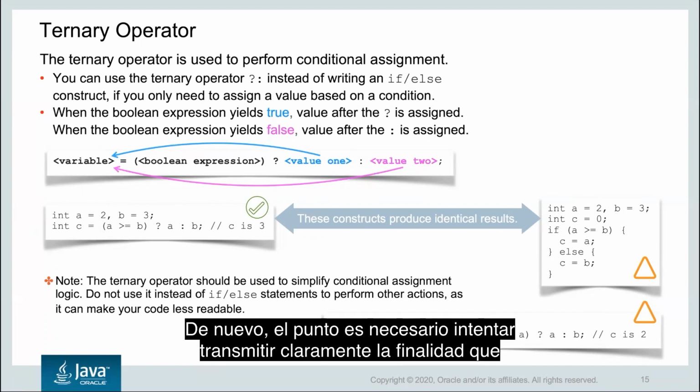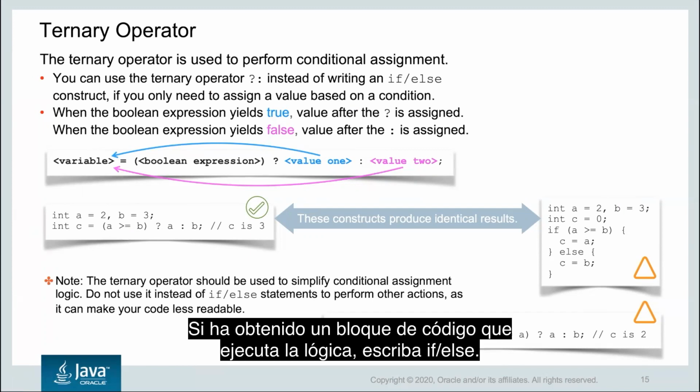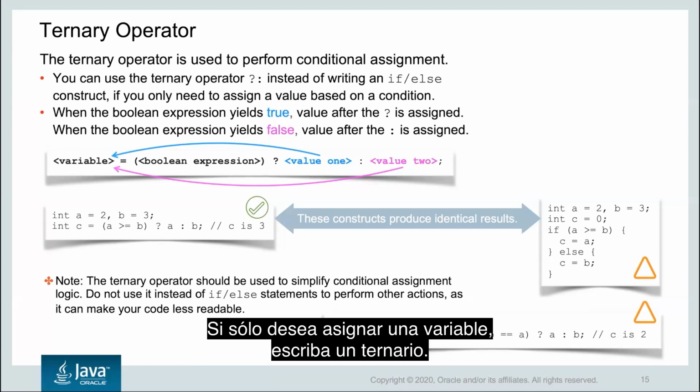Again, the point is you need to try to clearly convey the purpose of what you're trying to do. You've got a block of code executing logic. If you just want to assign a variable,